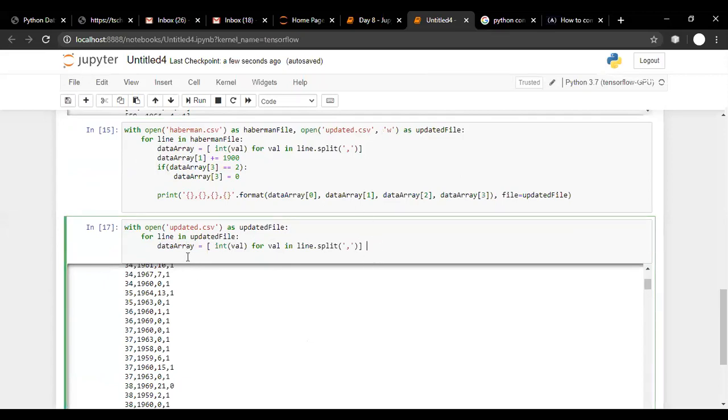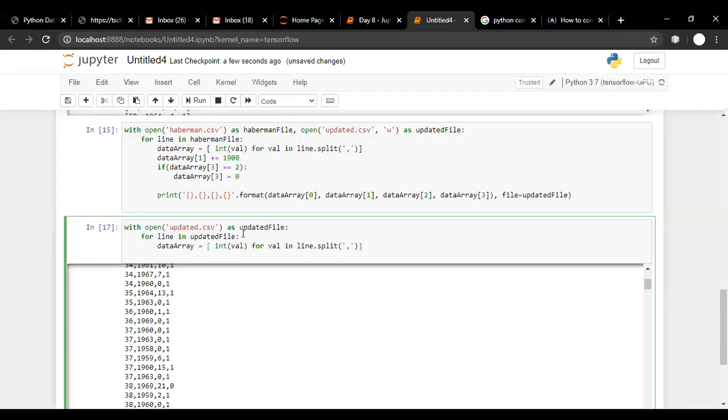What is the problem? Only the programmer knows what is in data array of 0, data array of 1, data array of 2, data array of 3. Let us say after a few days I gave you this code and asked you to do something in it. Your first question will be, what is data array of 0? What is data array of 1? I don't know what it is, because data array of 0 and data array of 1 are not meaningful names. It's a simple thing. So can we solve this problem? Yes, we can.